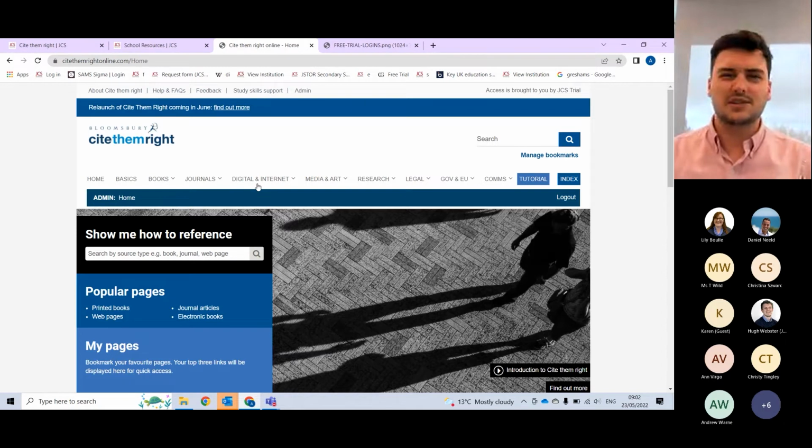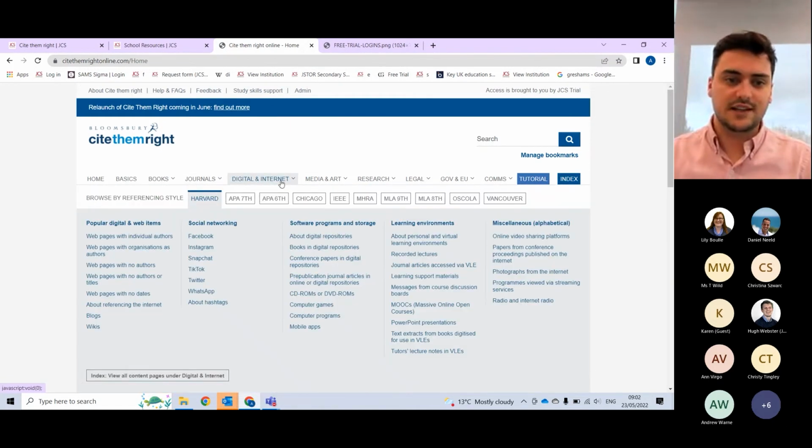And I forgot to mention, some librarians might be familiar with Cite Them Right already, especially because it's actually a book originally. This is the digital version of that. So instead of students having to go find the book and run through all the pages, it's all digitized for them, so they can just go to the section they want to find. If you look at the top bar here, you can see all the different methods that you can use. They've got things for journals all the way through to digital and internet,